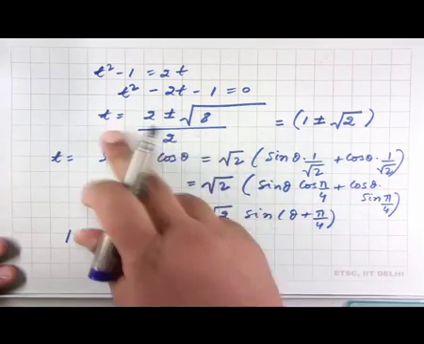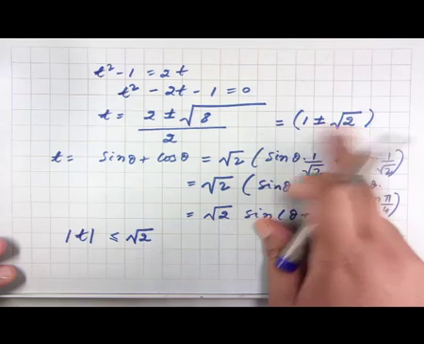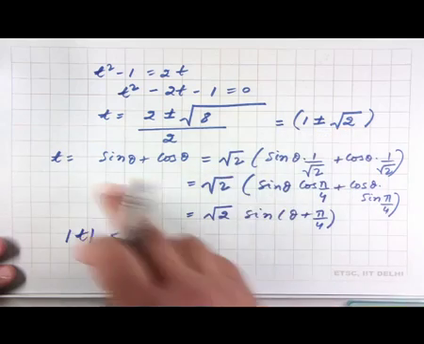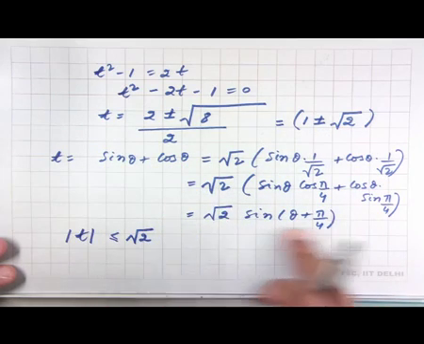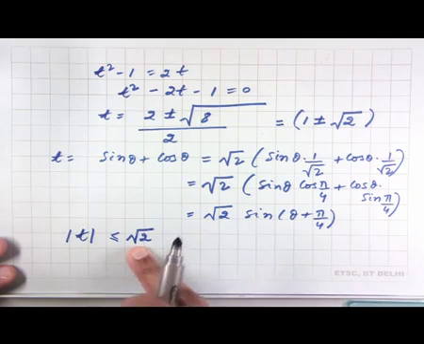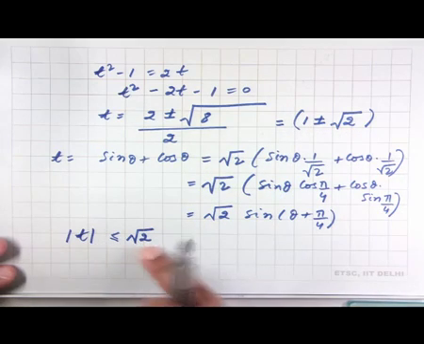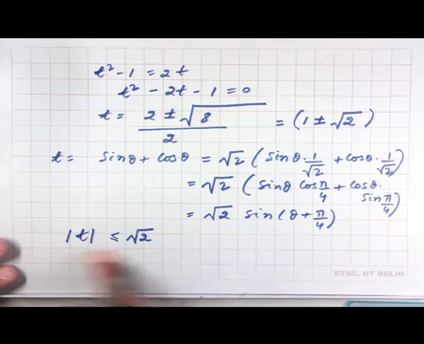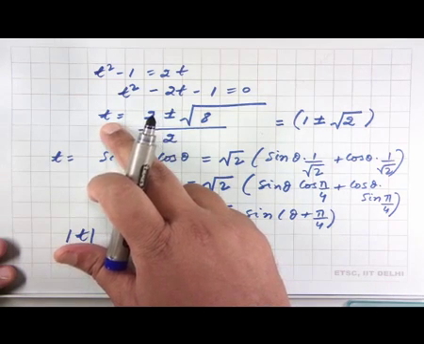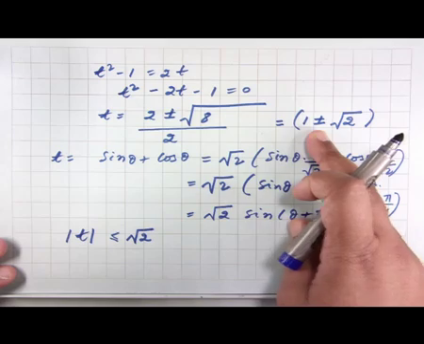If we go back to the roots of this equation, if we take the root which is 1 plus root 2, that is not a feasible solution, because t is sin theta plus cos theta, which is equal to this, from where we had seen that the absolute value should be less than root 2. So, we cannot take the root which is 1 plus root 2, because that does not satisfy this constraint. So, therefore, the only other solution is that t is equal to 1 minus root 2,